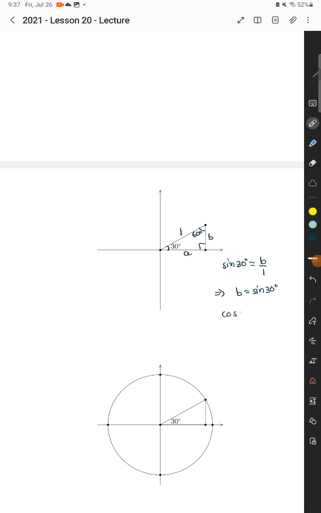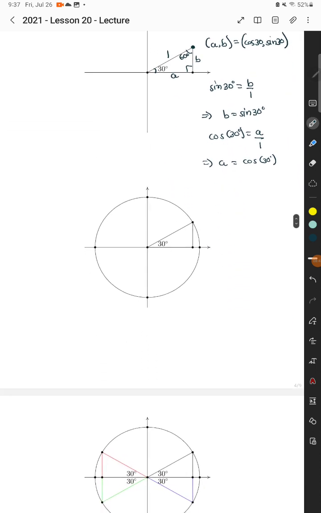Cosine of 30 degrees is equal to adjacent over hypotenuse, so that gives us A to be cosine of 30 degrees. Now this point has its coordinates to be A, B, but A, B is the same as cosine 30, sine 30. Doing exactly as we did in the previous example, we draw a unit circle that goes through this particular point, and we are able to see that